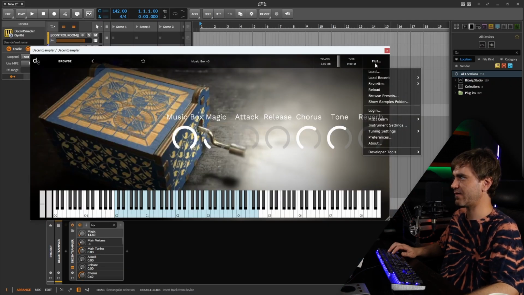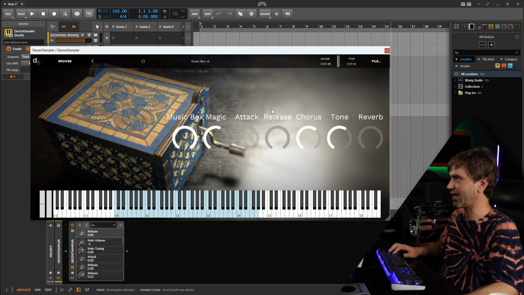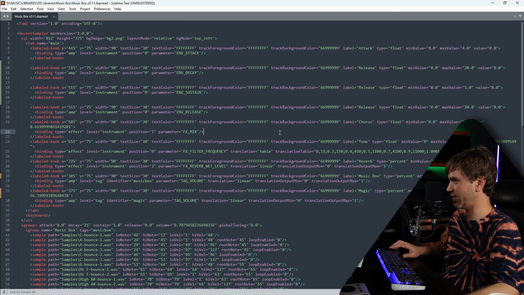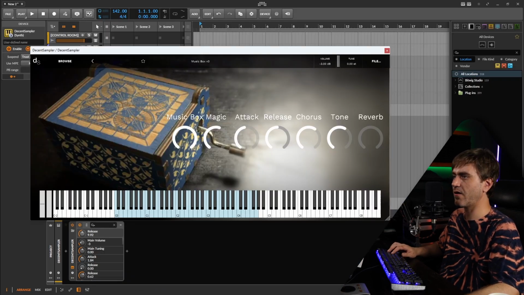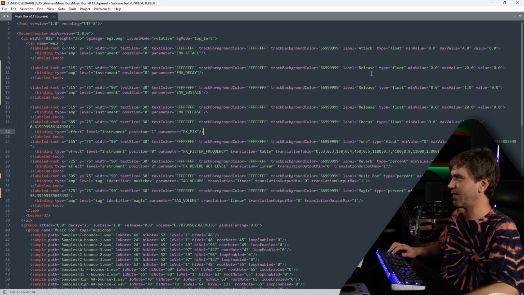And we're going to run into that interface thing again where they're all going to be jumbled, or at least on top of each other. Oh wait, we didn't save this. Control S, reload, not showing. Oh, it's because the names, we left the name attack, release, release, release. Okay, so